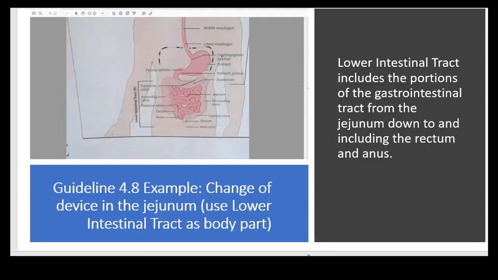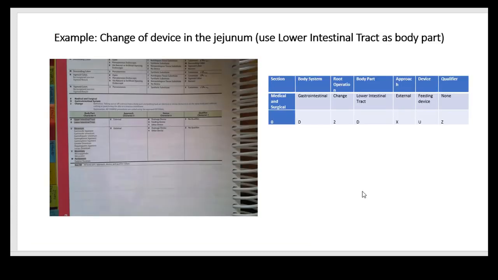So here's an example, change of device in the jejunum, and you can see in the diagram there, the jejunum is part of the lower intestinal tract. So that's how you know that's going to be your body part. And here's the procedure, change of device in the jejunum. I show you the change root operation table there in the GI system, and your PCS code is given on the right. That concludes our